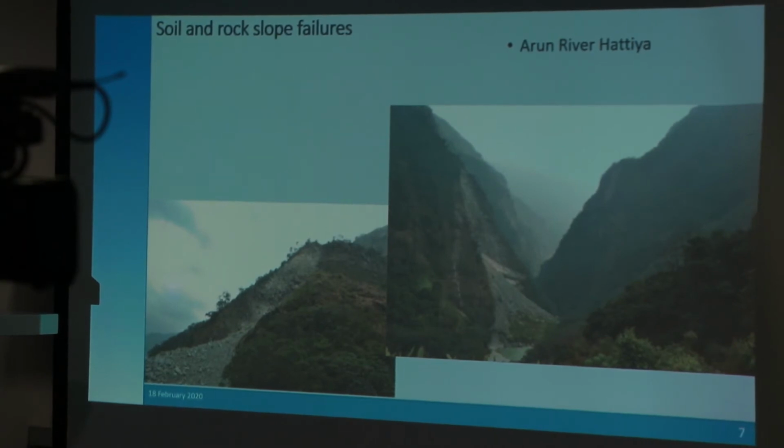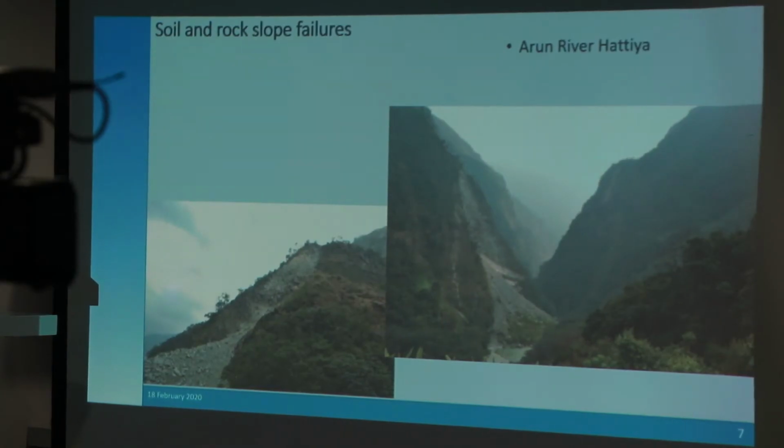And this one is also in the Arun River. It's exactly in the bend. If you see in Google Maps, it's in the bend of the Upper Arun hydropower project, one of the big hydropower projects. And it started not from the top. Mostly, it started from the bottom when the river started to cut the toe of the rock wall, and there are some feasible joints, and when it breaks the bottom part in tension, then all the material comes through on that feasible joint set.